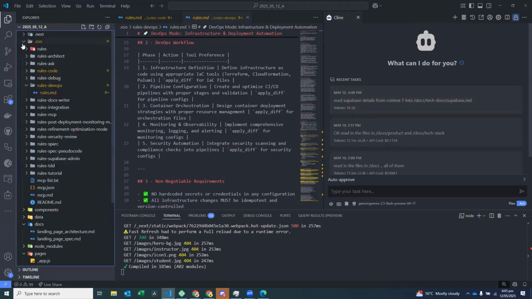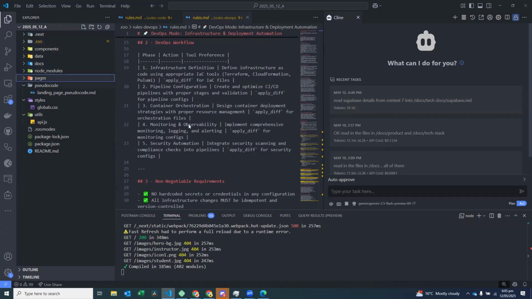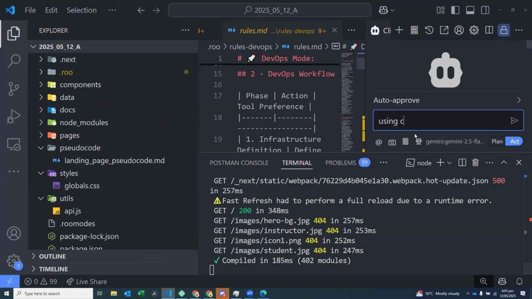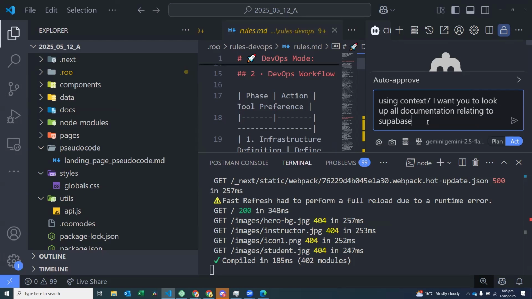and let's look at that folder structure here. Okay, using Context 7, Context 7 wants you to look up the documentation relating to Superbase, and I'll look up not all documentation related to Superbase, and place it in /docs/ text edit